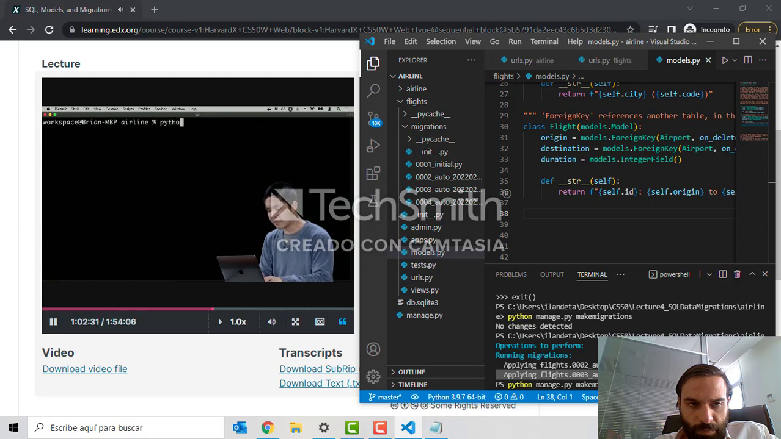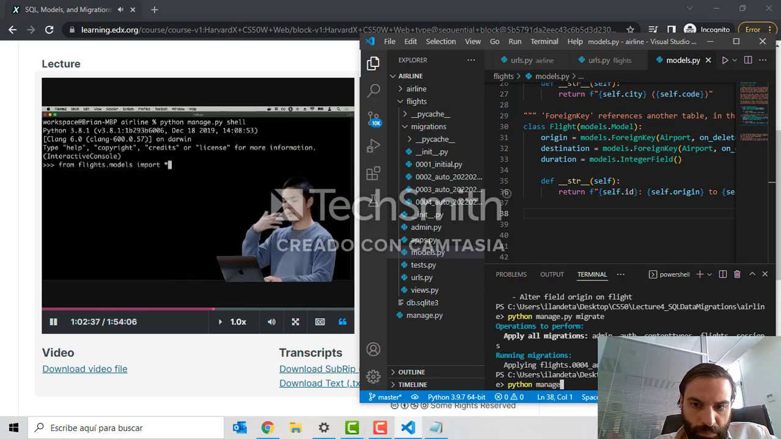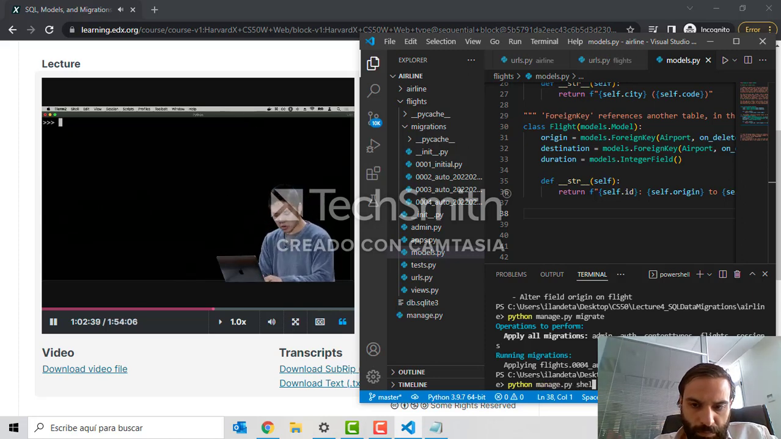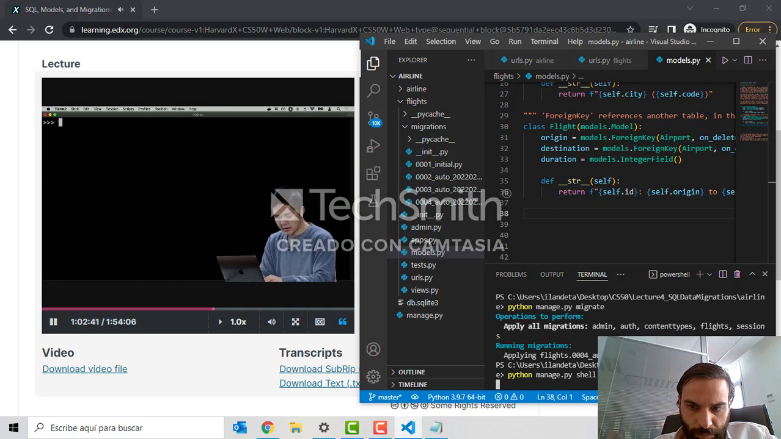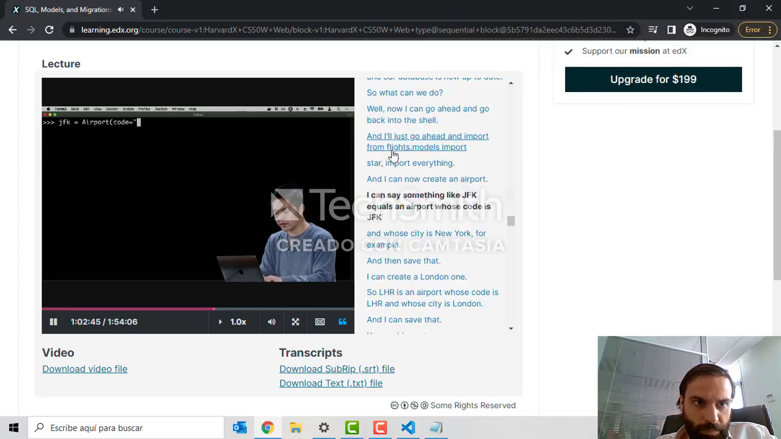Well, now I can go ahead and go back into the shell. And I'll just go ahead and import from flights.models, import star, import everything. And I can now create an airport. I can say something like JFK equals airport whose code is JFK